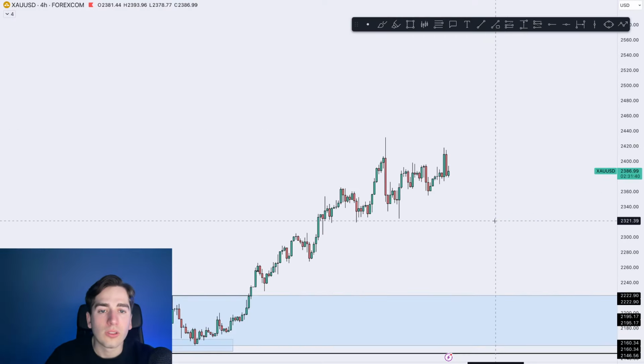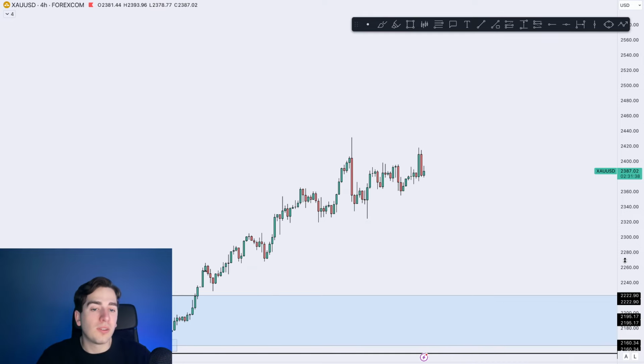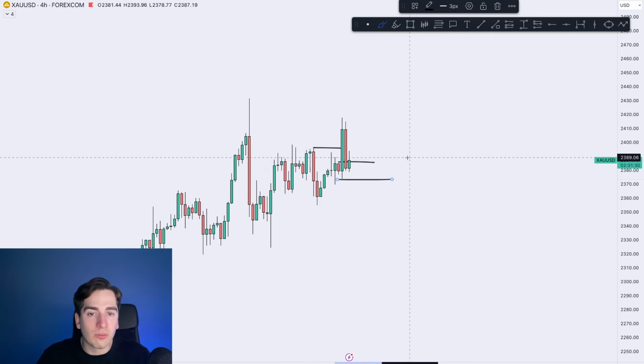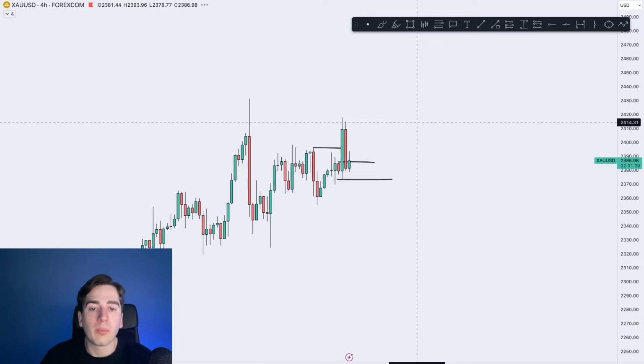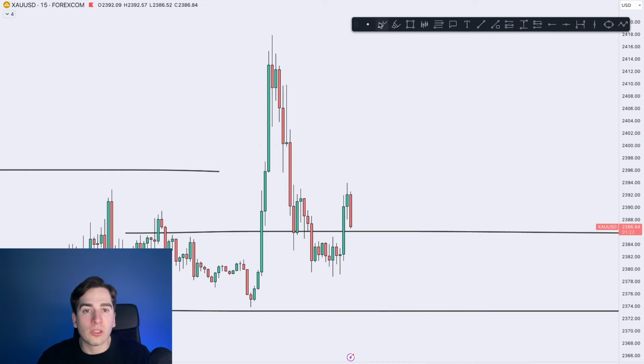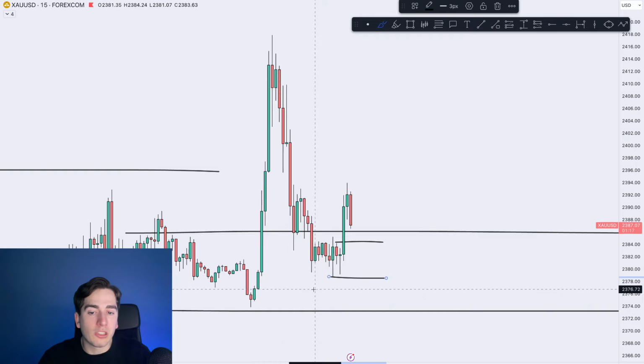Last of all, gold. So gold moved up higher. Very nice. So last night, what I saw was that we got a 4-hour change of character. So we broke this 4-hour change of character high. We're now inside this area of demand. So we should continue up higher this morning. So I have my eyes open over here on gold, keeping my eyes open for this area of demand from where we can potentially go long.